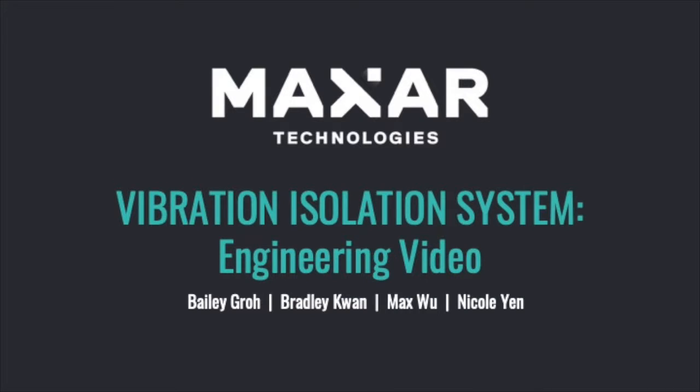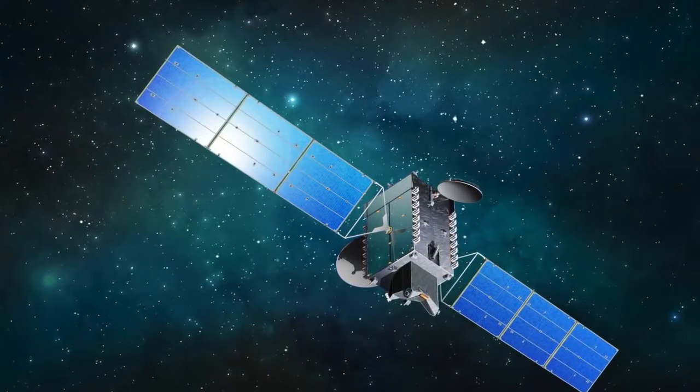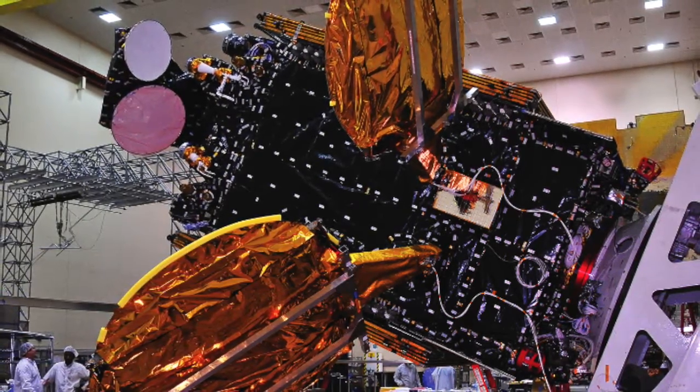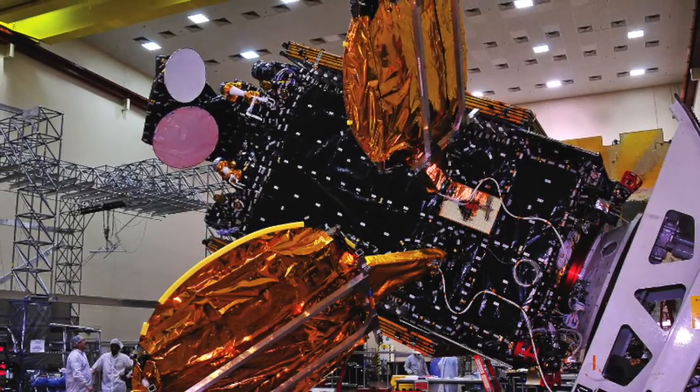Our year-long project is a necessary product to protect satellite payloads. During operation, a method of isolating vibrations is required to avoid negative effects on the functions of such payloads, such as sensors or cameras. A structurally sound damping assembly, which will withstand two main areas of operation, will prove to